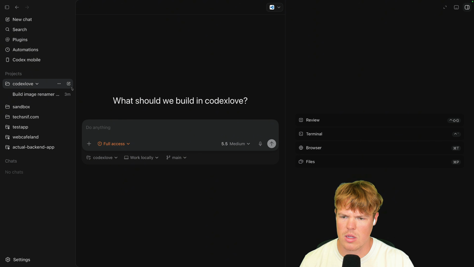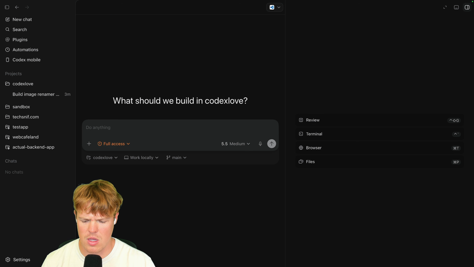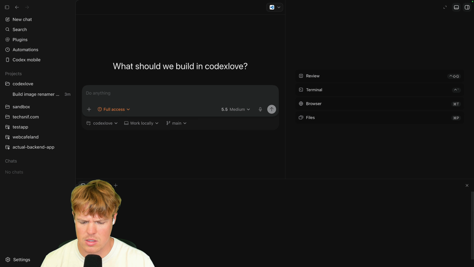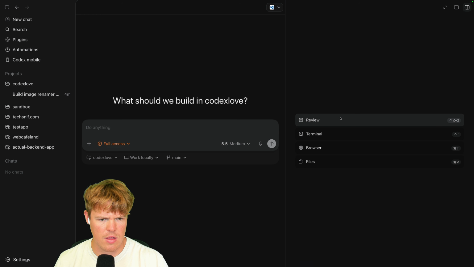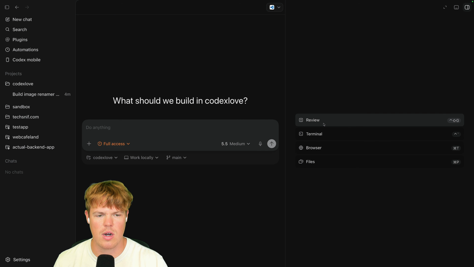Start a new chat, click this right here. You'll notice that we have a little sidebar here. This brings up all the other parts of a real application, such as the files associated with an application, which is important if you wanted to edit a specific file. But we can also bring up terminal like this, which is right behind me right here. This is where you can do terminal commands if you're familiar with that. And then there are other things like the browser feature, which loads the browser within Codex here,